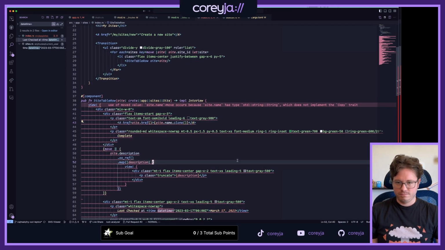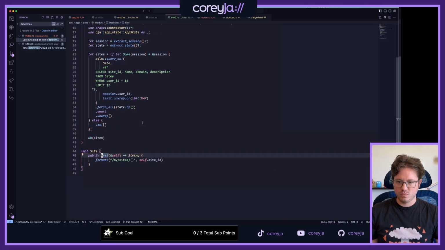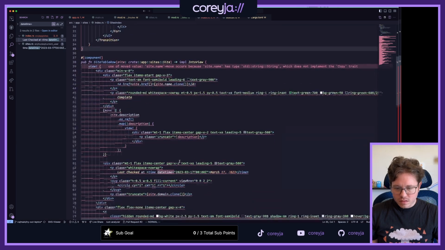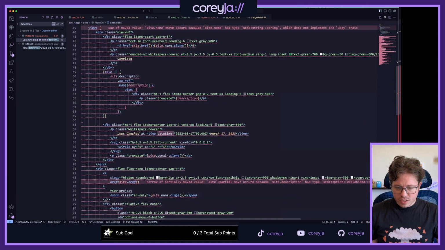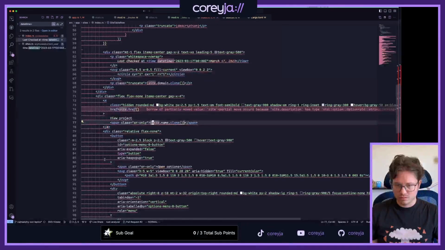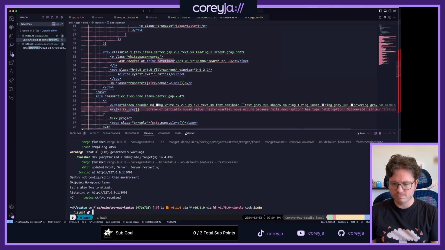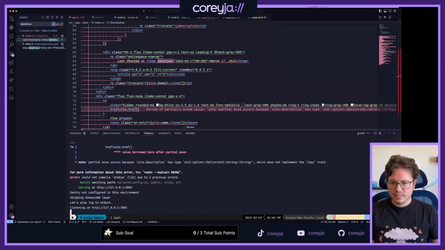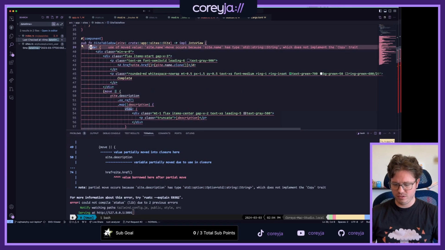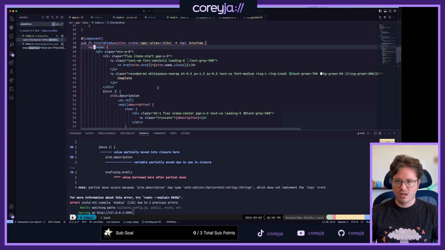Where? Site dot name dot clone. What's going on here? Ref before the V. There's no way that works. Like, that's just not valid syntax.